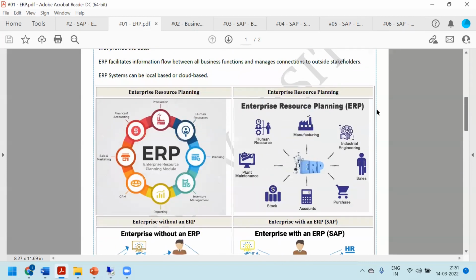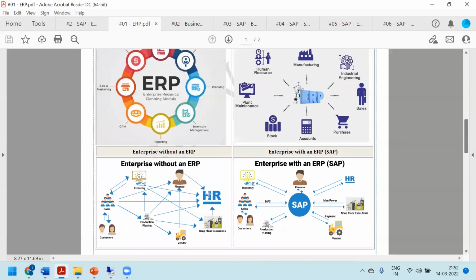Yeah. So as you can see here, if a company is not using ERP software, what will happen to them? If they are using ERP software, for example, one of the ERP software offered by SAP is ECC or S4HANA. You see, we have SAP connecting with different departments, and the information flow is very smooth.